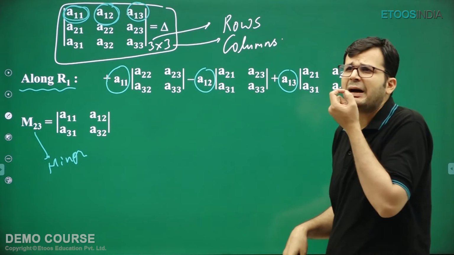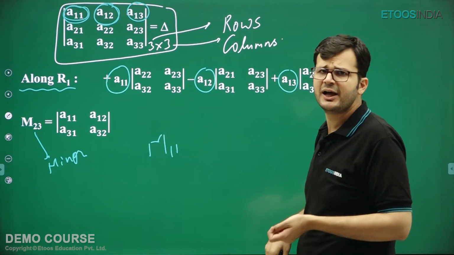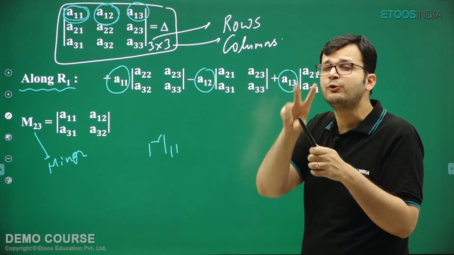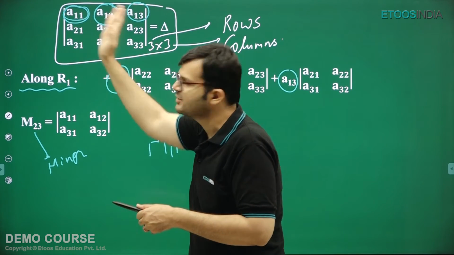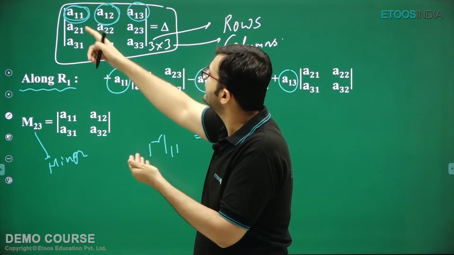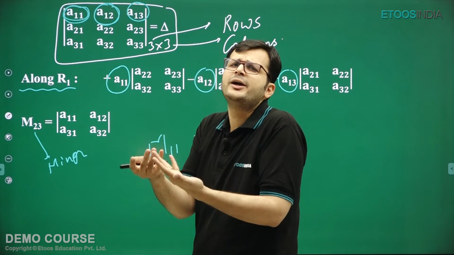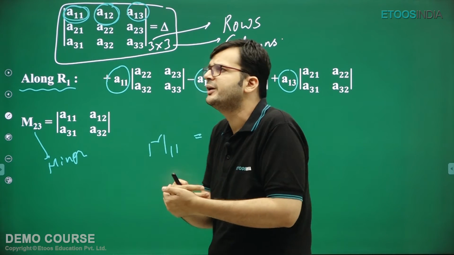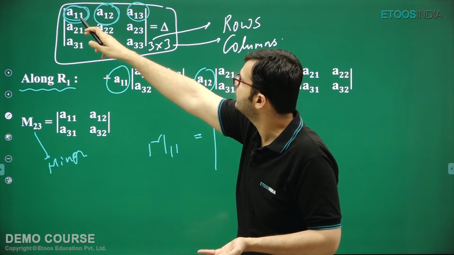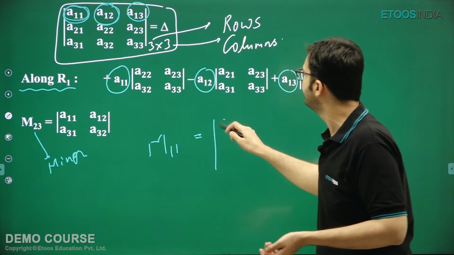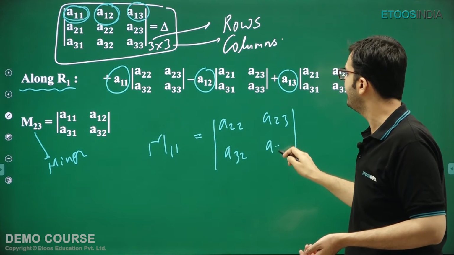When I say the minor of an element, let us say the minor of 1 1, which we can represent by M11, I mean a smaller determinant of 2 by 2 order which is created by deleting the first row and the first column. That means if you have to find the minor of any element, not just A11, you just delete that row and that column. The remaining 2 by 2 determinant which is left will give you the minor of that element. For example, in the case of A11, what is the minor going to be? Just delete these two things, and what is left is A22, A23, A32 and A33.